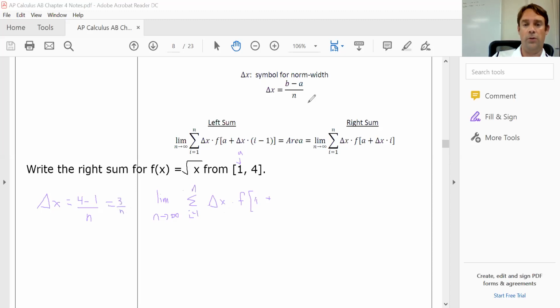So now let's just go ahead and get rid of delta x here. We don't need delta x anymore. Let's just go ahead and call it 3 over n, because that's what it would be in this problem. b minus a, that's 3 divided by n, plus our a value, 1, plus 3 over n, that's our delta x, i. And if we go one step further and we plug it all in,